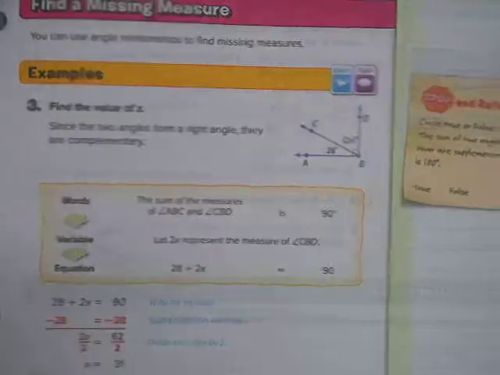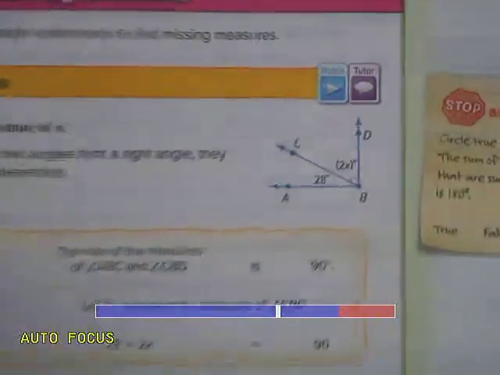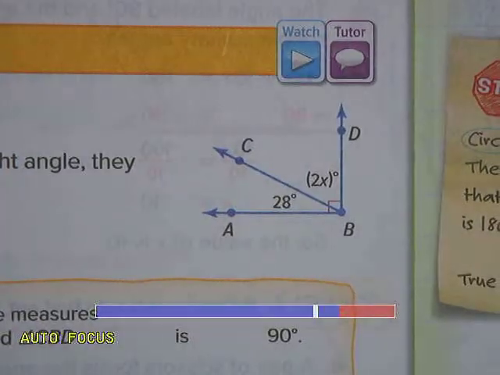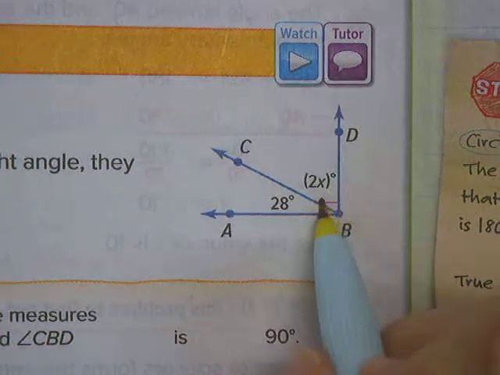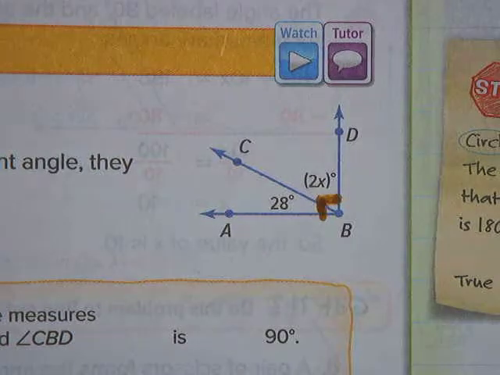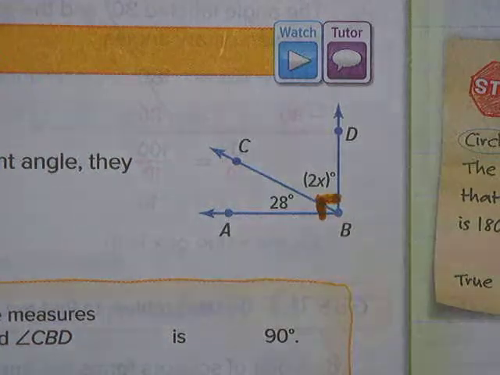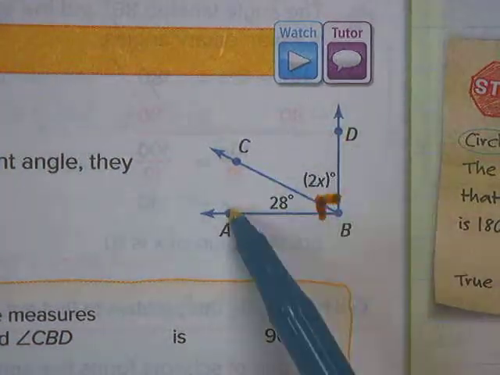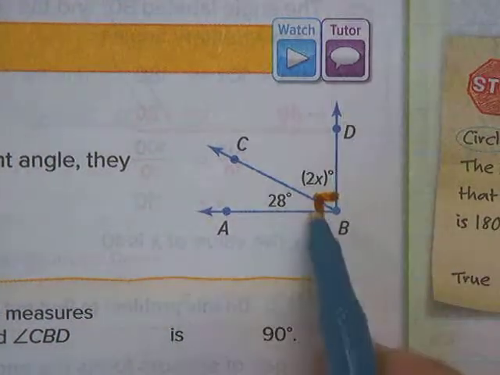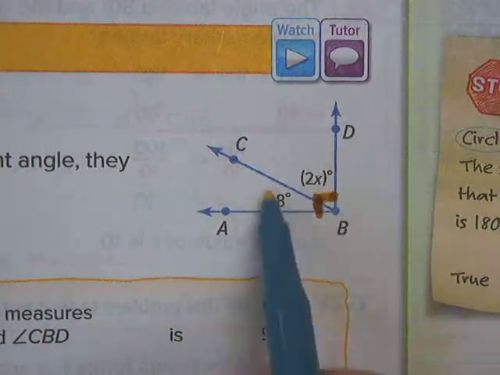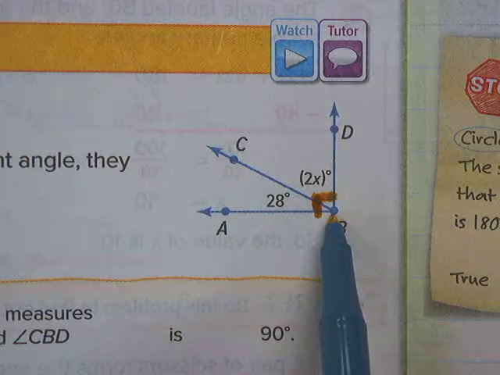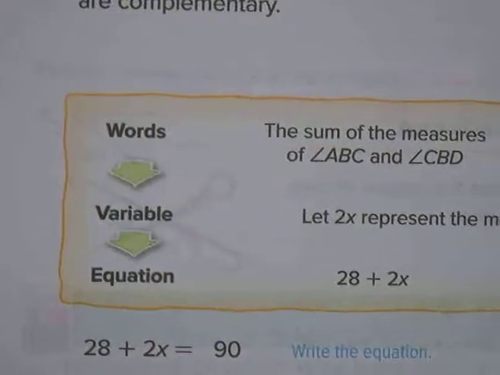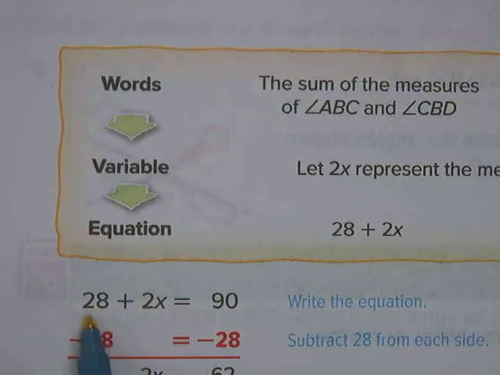All right, let's look at the top of the next page. We're going to use these definitions to now solve some problems using angles. So if you look at the picture for example 2, always want to focus on what is given. Well, the first thing that jumps out to me is this little square. That square means that this entire thing is 90 degrees. So I know since this entire thing is 90, I notice that there's two parts that add together to get 90. So we would have the equation